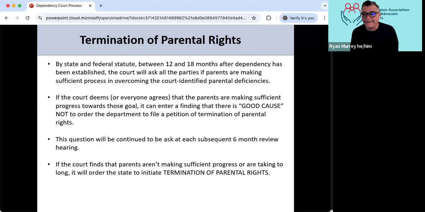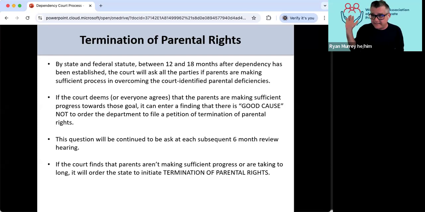The court does not entertain termination of parental rights lightly, right? Terminating parental rights is one of the most severe actions that a court can take.